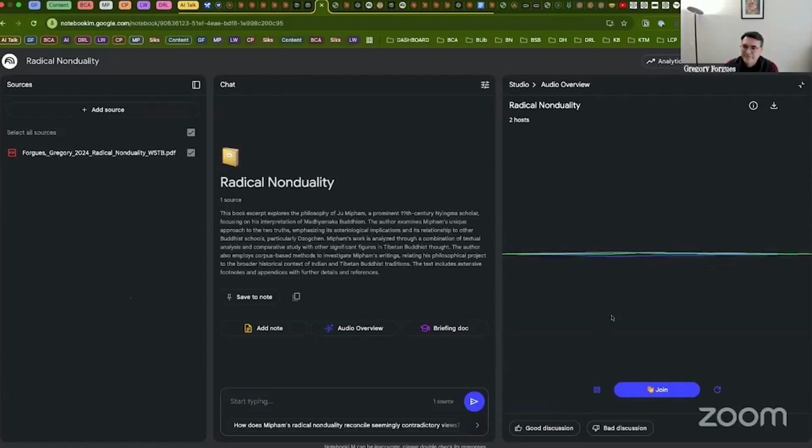Okay, so radical non-duality is like the core concept here. Yeah, it's the whole shebang. So let's unpack this. It's basically this idea that at the deepest level, there are no separations. Like no. Oh, back to our listener. What's up? What do you mean with separation? That's a great question. And it's totally key to understanding non-duality. Okay, so when we talk about separation, we mean the way we usually experience the world. Yeah, it's like we see ourselves as separate from others, from the environment, from